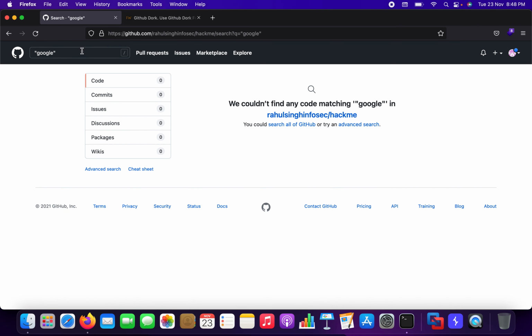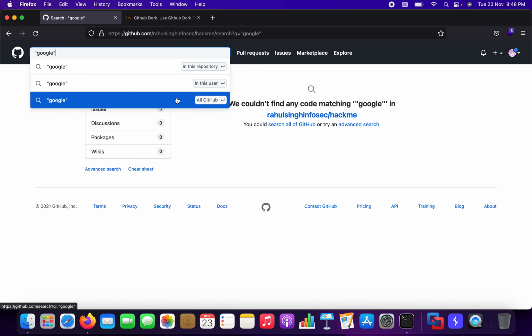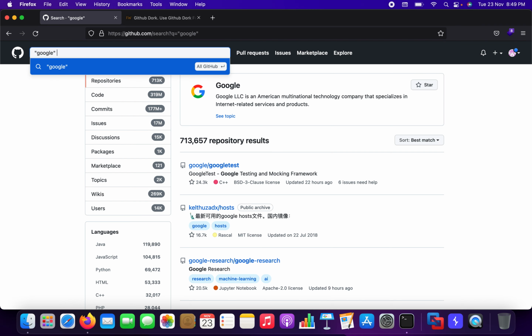Now as you can see, I'll not be able to find Google here, but because I'm looking for it in my repository, what if I were to look for Google in all of GitHub, and boom, you get tons and tons of results. It will show you each and every line or each and every repository which is public and has the word Google in it.